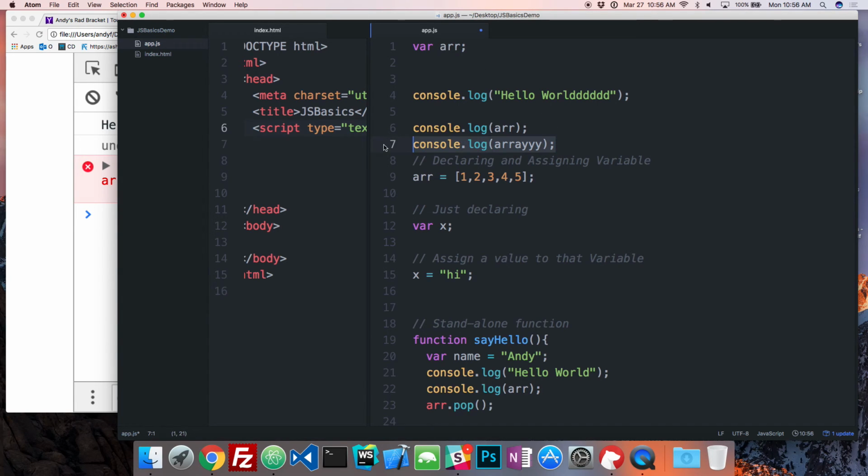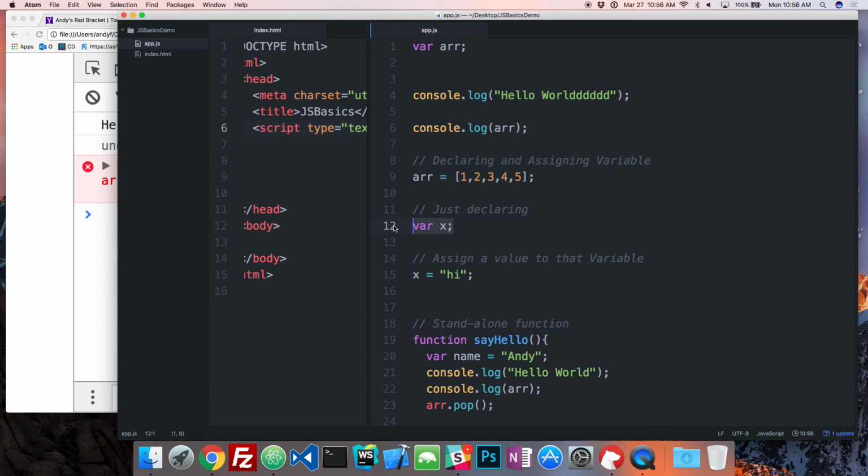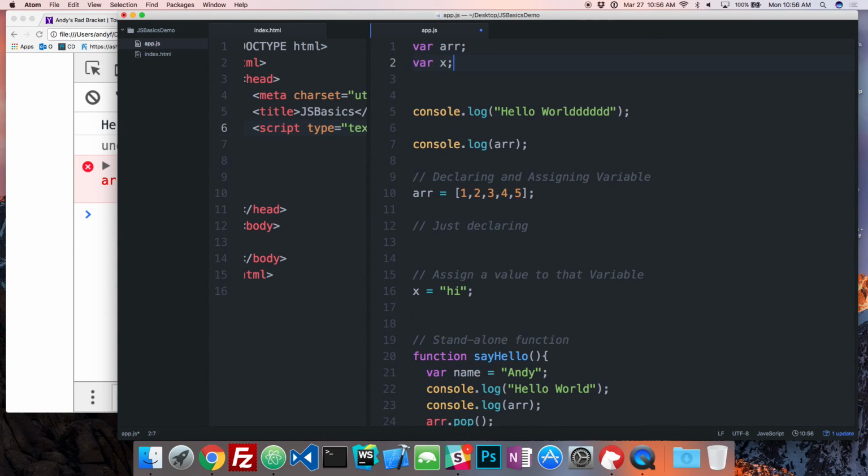That's why when we did this console log, it gave us undefined, because we know that if we declare something but we don't give it a value, it's undefined, right? And if we don't have it in there at all, it's going to give us an error saying that the thing is not there, right? So for every single variable on this page, var x, this guy gets hoisted up as well, like that.